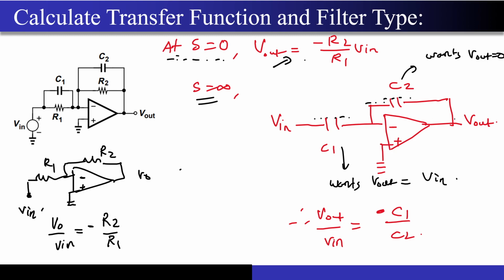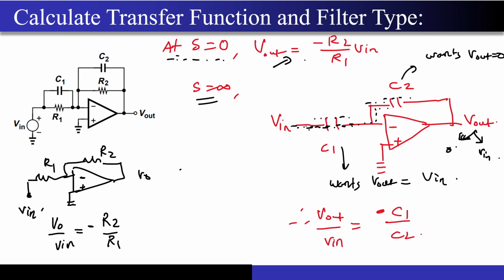Because of the virtual ground, this path is actually trying to bring V out towards the ground, and this particular path, because this is a short circuit, right? Now one path wants to bring V out to ground, and this particular path wants to bring V out to V in. And what we have seen is, whenever there is a fight to bring a particular node to two different values, you just cannot create a short circuit over here. You have to take these capacitors into account.